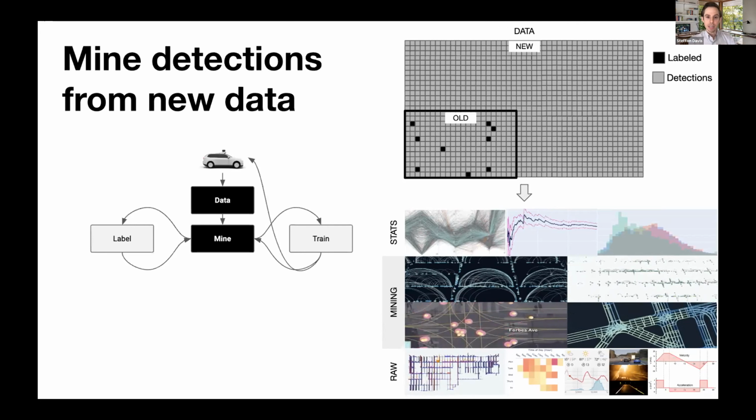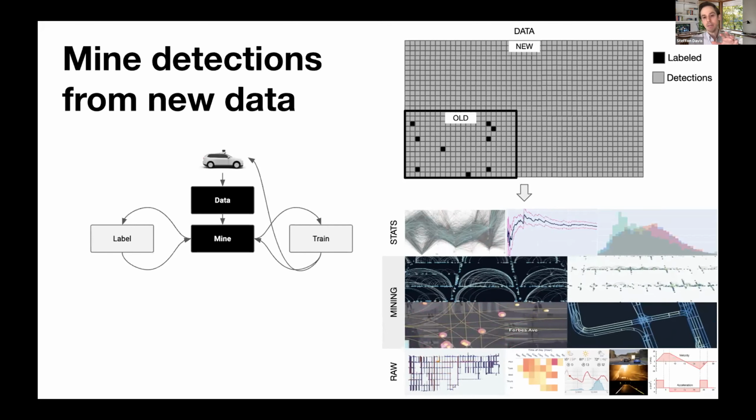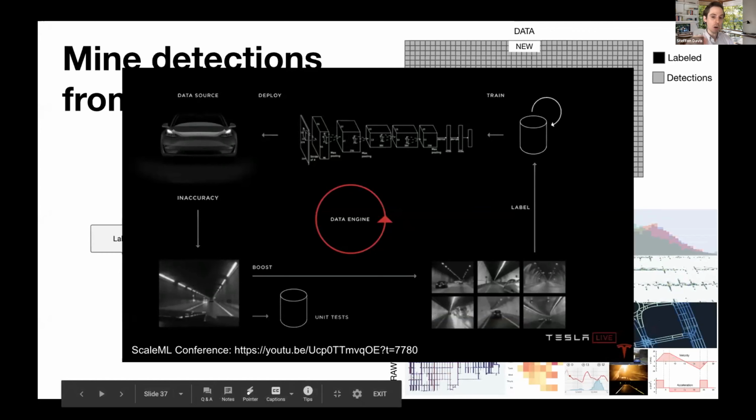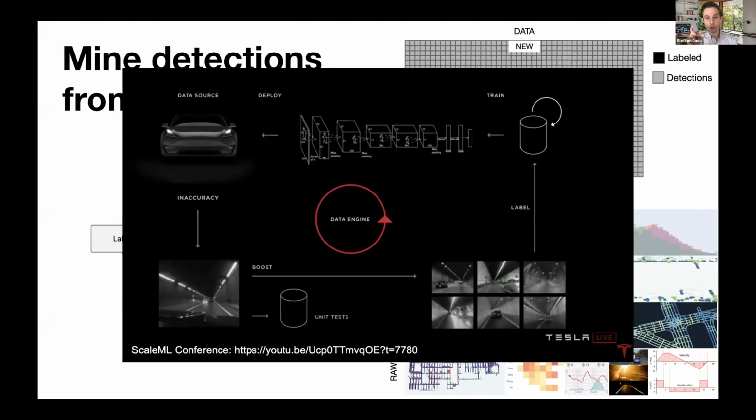So to make another industry connection with this segment of the workflow in particular, Tesla talks about their data engine, which is a very similar concept to this, right? You have a data source like an autonomous vehicle. It's recording when the models are struggling or inaccurate. You can then flag other cars detecting those same moments where the models are struggling to collect more of those examples to then label, to then train over again to improve that specific capability.